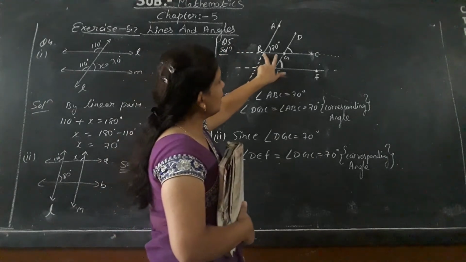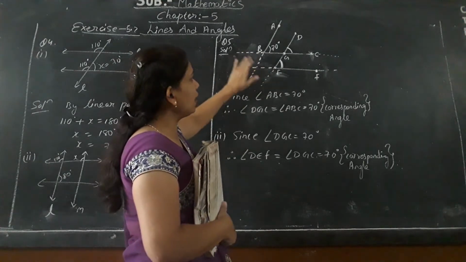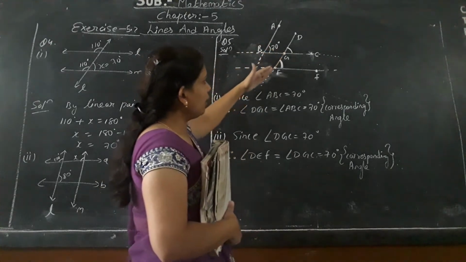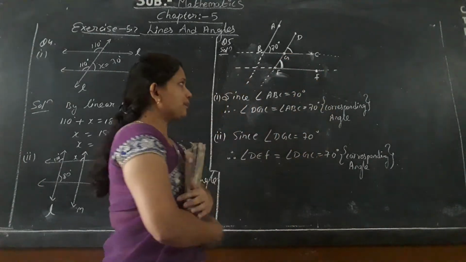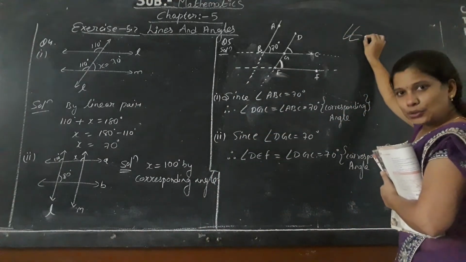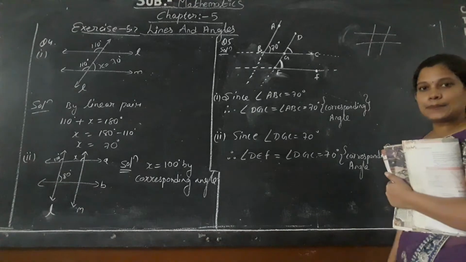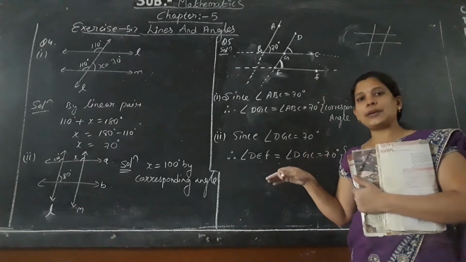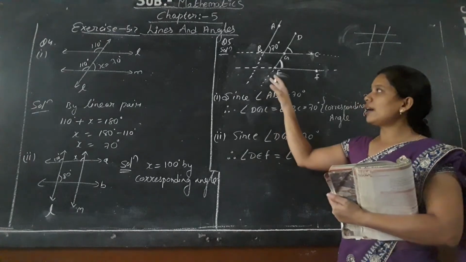So I have produced this line BC. BC is being produced. You can see a dotted line over there. So this dotted line shows that the line is produced. So here B is produced. Again the line A is produced. The line DE is produced. Here the line EF is produced and the line GF is produced. Now here if the angle is like this, the figure is like this, when we are going to produce the line, we have to produce the line.